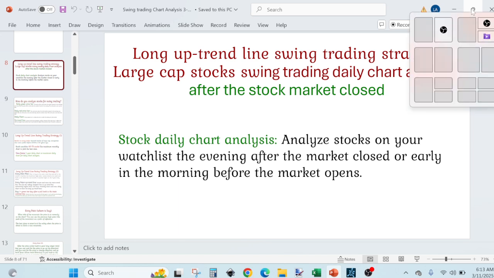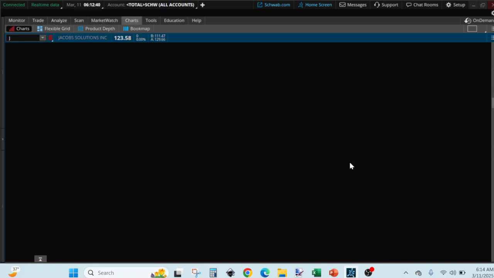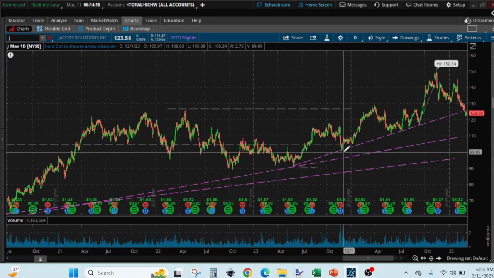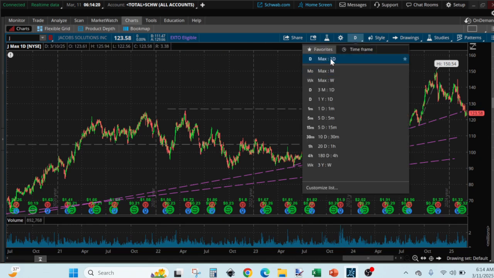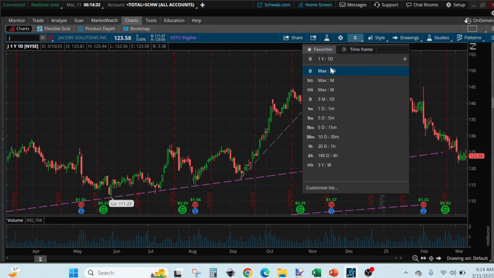How do you do your swing trading daily chart analysis of upward large cap stocks if you are using the long option swing trading strategy? You'll open your daily chart, either the maximum daily chart, which we have open, or the 1 year daily chart. Nonetheless, just make sure you use one where you can see your trend lines, and I like the maximum daily chart